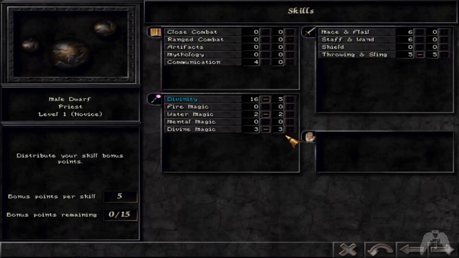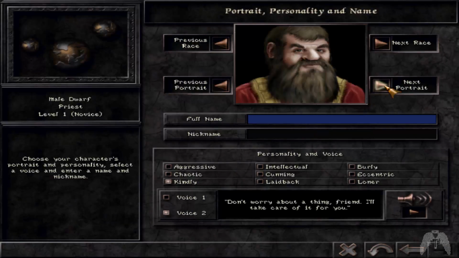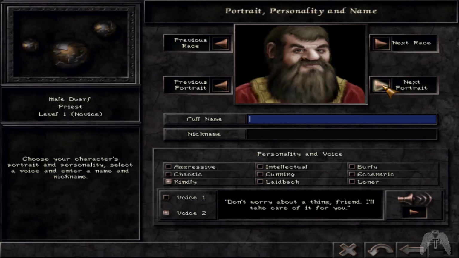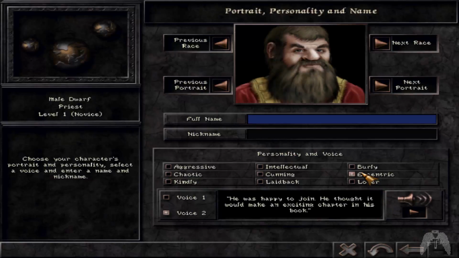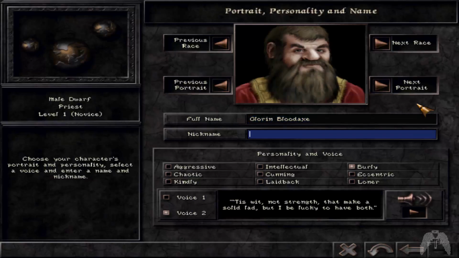To separate it between divine and water right now. Oof, it's a freaky picture. This one's not too bad here. And let's see, we'll call him Glorin Blood Axe, which is funny because he doesn't